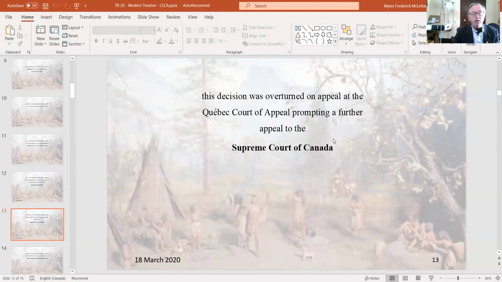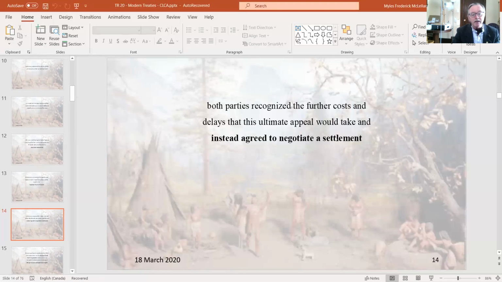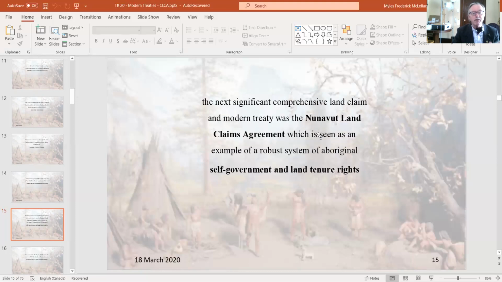That particular decision was overturned on appeal by the Quebec Court of Appeal, right? So they, in fact, found that there wasn't inherent rights from time immemorial, but that decision then was given leave to appeal to the Supreme Court of Canada, right? And so both parties recognized in going forward that instead of actually having this entire matter heard on appeal to the Supreme Court, it would be in everybody's best interest that the appeal route be circumscribed by negotiating a settlement without further recourse to litigation.